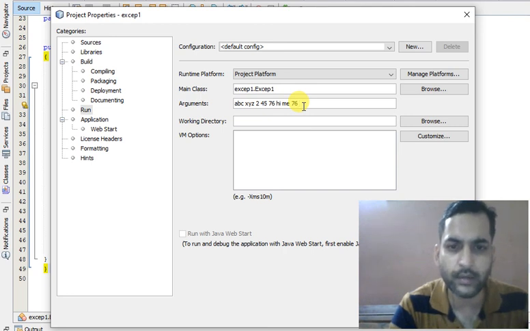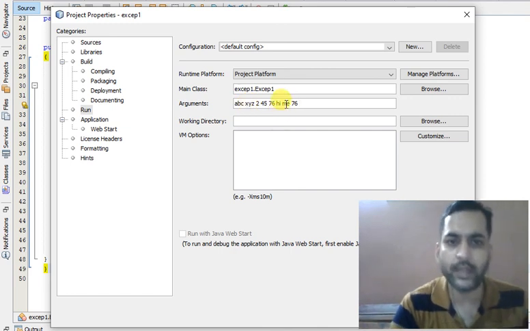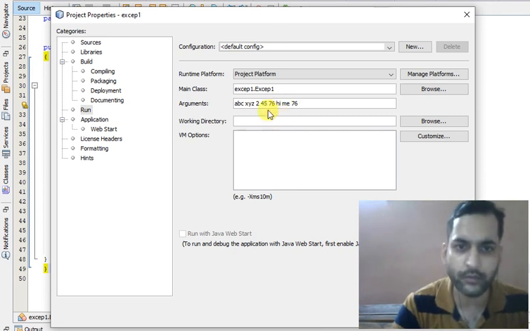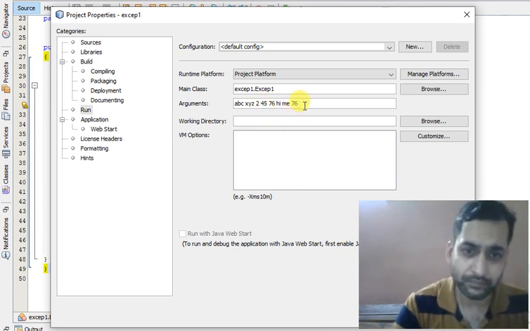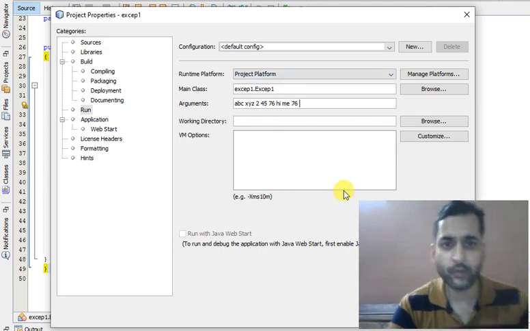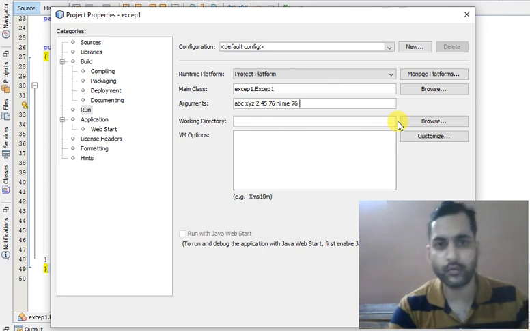There are a total of 8 arguments, and out of them 4 are string type. We can say they are invalid arguments, and 4 are number types. All these arguments will be stored in the string array, so all will be stored as strings, but 76 can be converted into an integer.